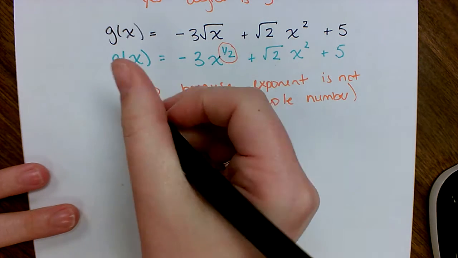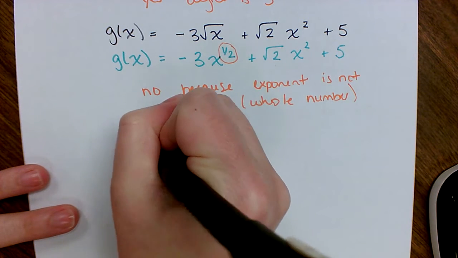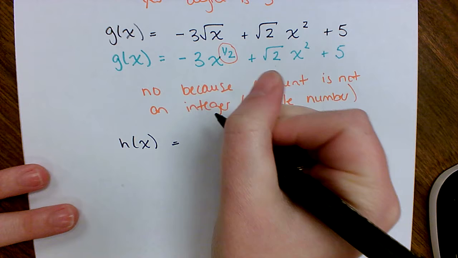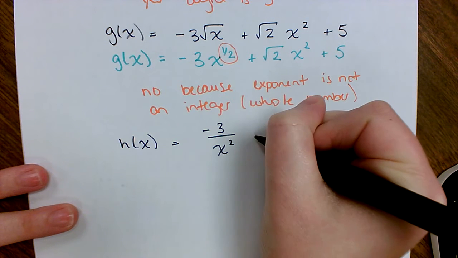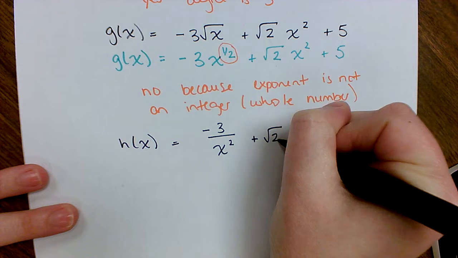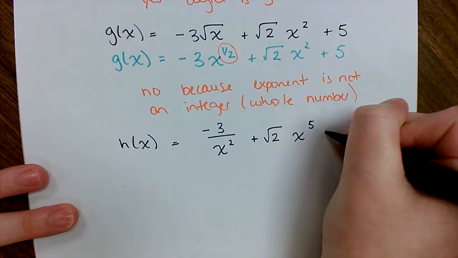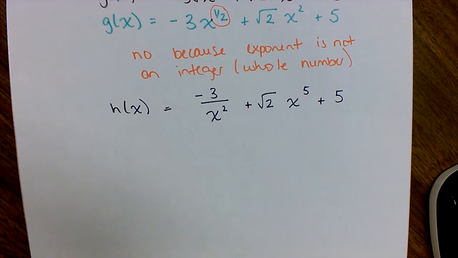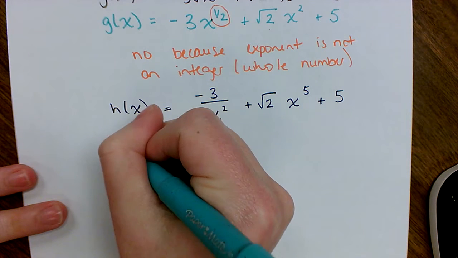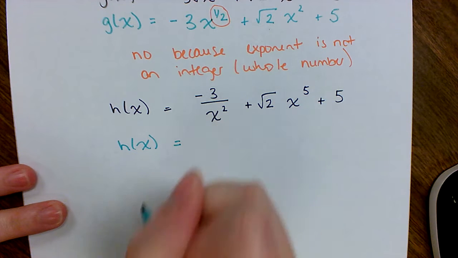Last example of this type, h of x equals -3 over x squared plus the square root of 2x to the 5th plus 5. Again, there's kind of a weird thing going on with my variables here. I have a variable in the denominator. What's a way to get my variable out of the denominator? If you remember, it's got something to do with the exponent. So instead of having to write my variable in the denominator,